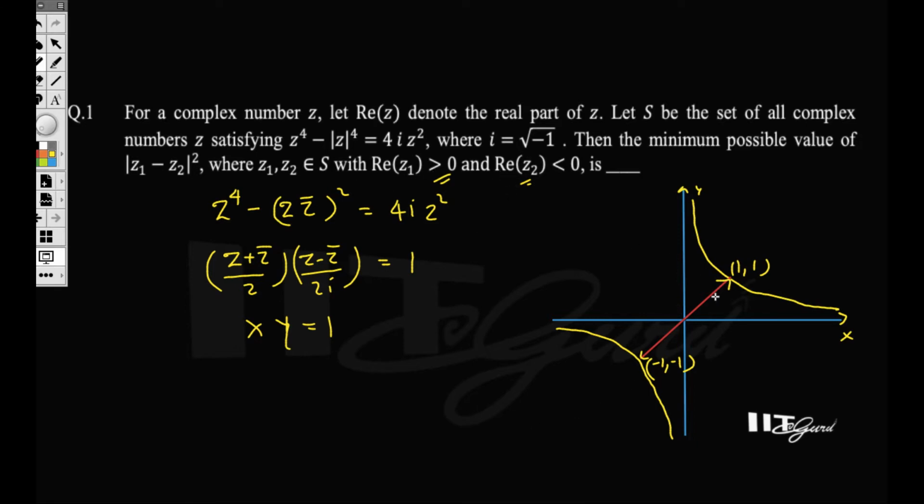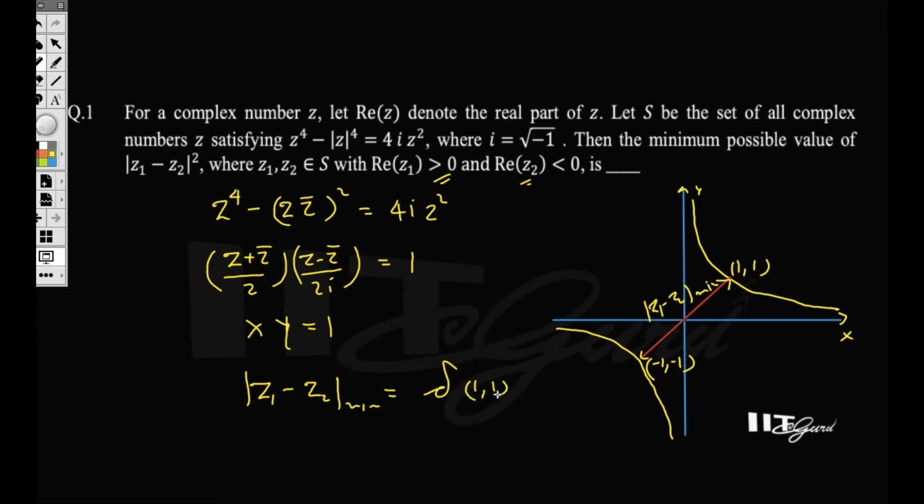So simply this will be z1 and this will be z2. So you have to find the minimum distance. This will be the minimum distance of z1 minus z2. So let me write over here z1 minus z2 and this will be the minimum distance. So the minimum distance of z1 minus z2 mod is given by the distance between